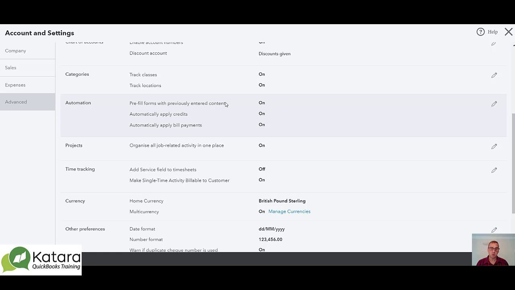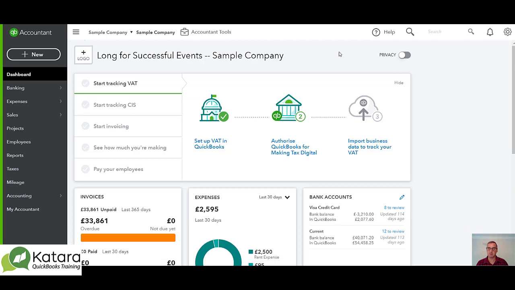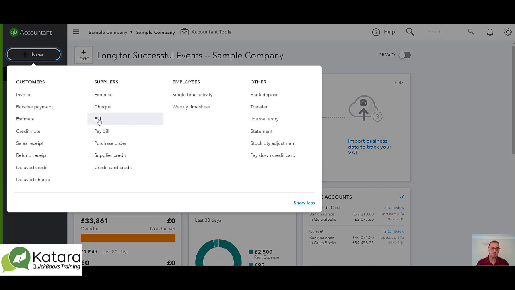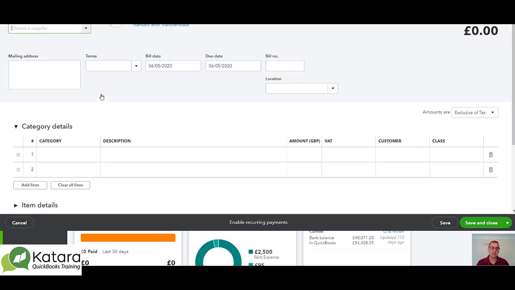it's switched on. So what that means is that when I go into say a bill screen in QuickBooks and pick a particular supplier, it will bring up the last transaction done for that supplier, and I can change the information, saving me from starting from a blank screen. So if I go as an example to plus here on my bill screen, it gives me a blank screen